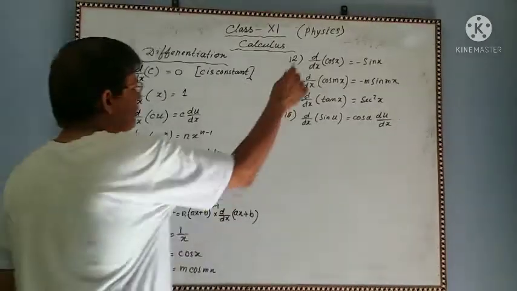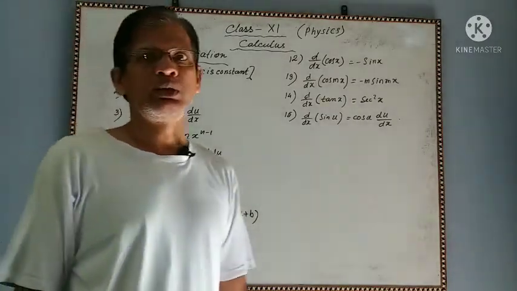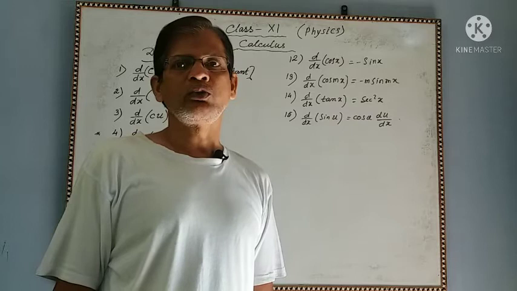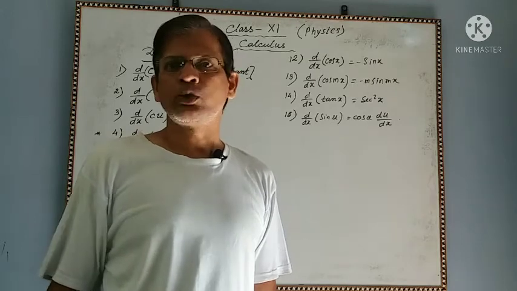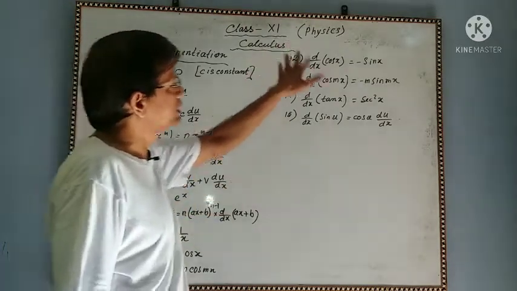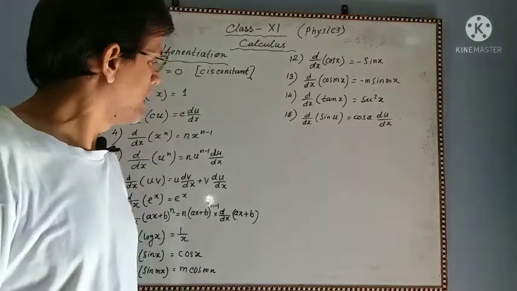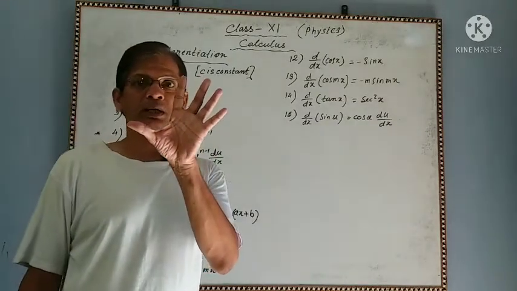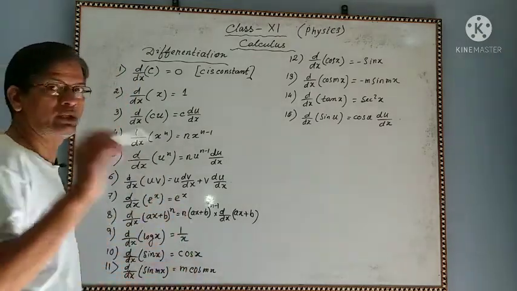So this formula you have to memorize, otherwise you cannot do it. Like this, the a plus b whole square formula is needed if you want to expand 2x plus 3 whole square. You have to memorize this formula first, and then you can easily explain the different calculus formulas which are used in physics.